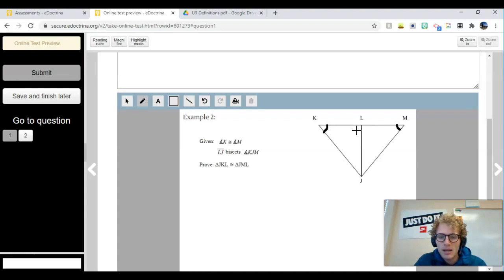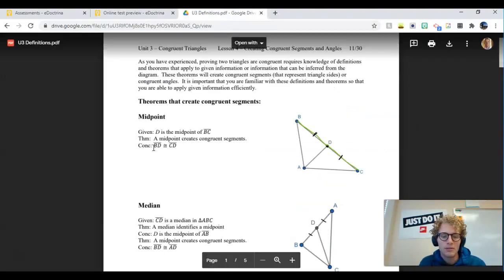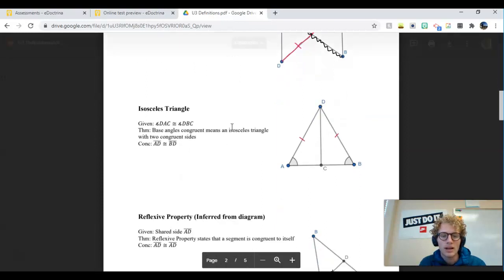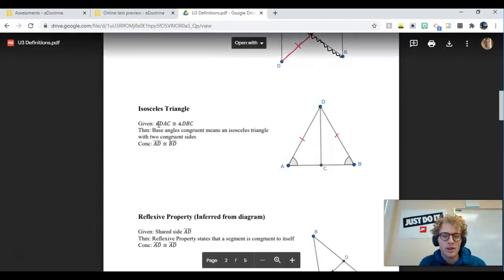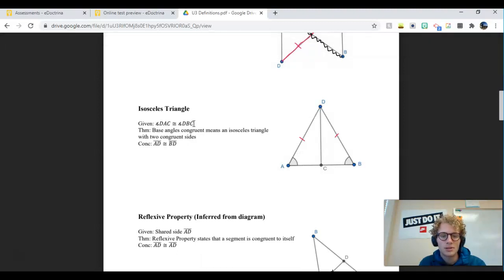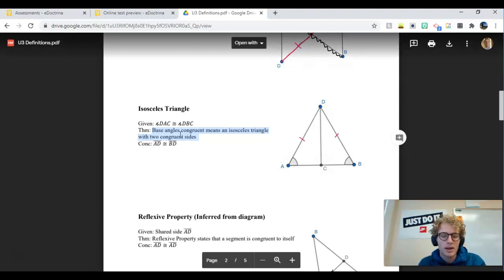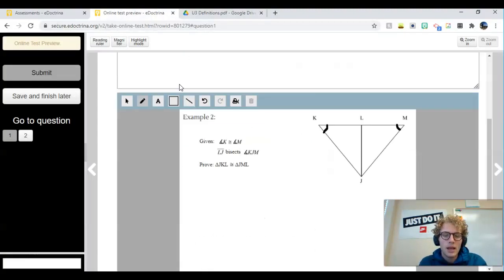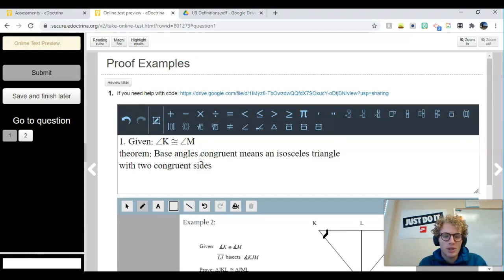Now we've been talking about isosceles triangles since Unit 1, so you should recognize that this is an isosceles triangle. Once you do that, you should go to your definition sheet, and I have it over here, and try to find an isosceles triangle. Oh, there's an isosceles triangle. I have two congruent angles, and here's my theorem. I can copy this theorem, which says that if the base angles are congruent, that means I have an isosceles triangle, which means that I have the sides congruent. So I can copy this theorem and put it into my equation editor,